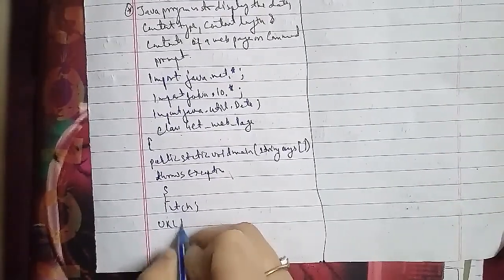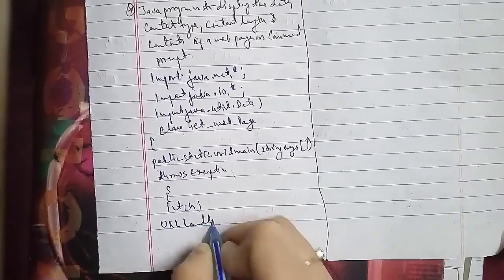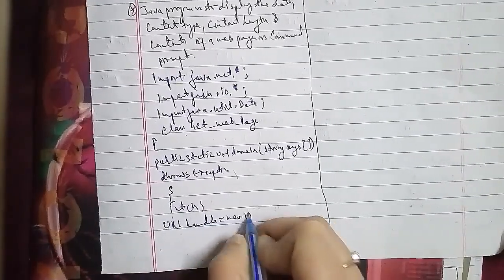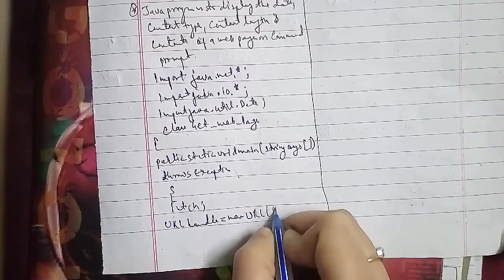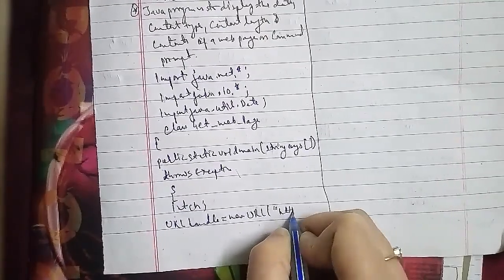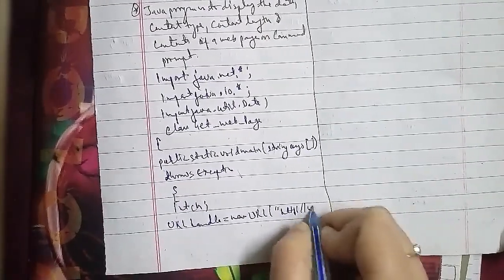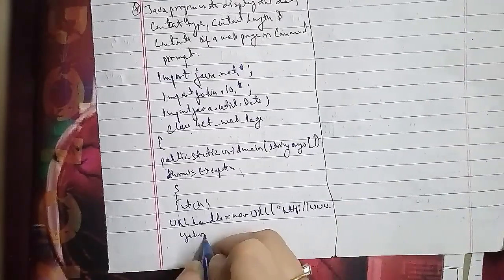This is printing the content type. Now the length equals handleConnection.getContentLength(),